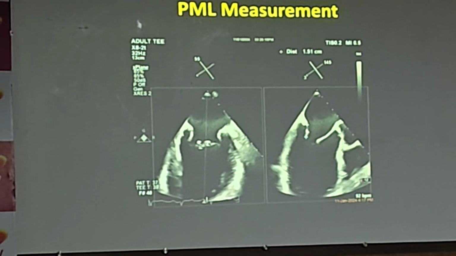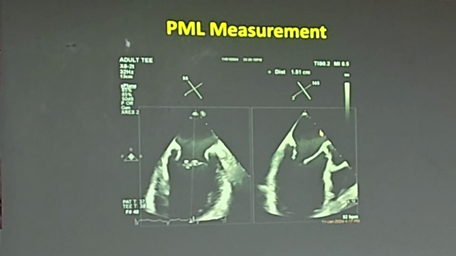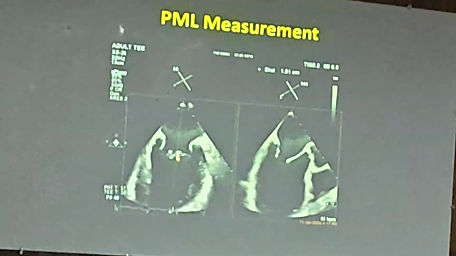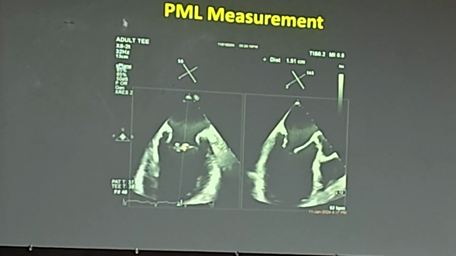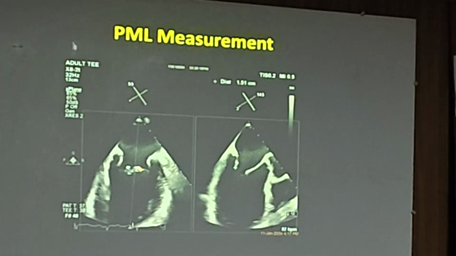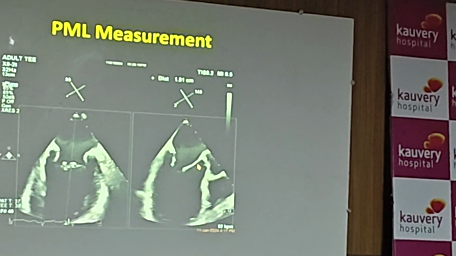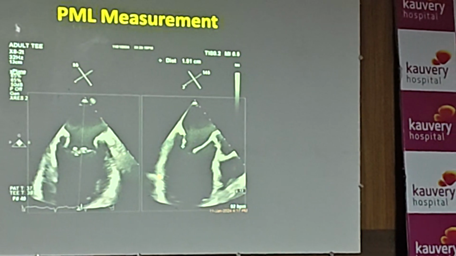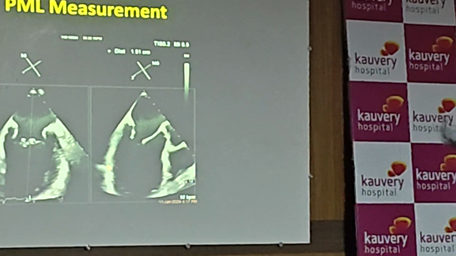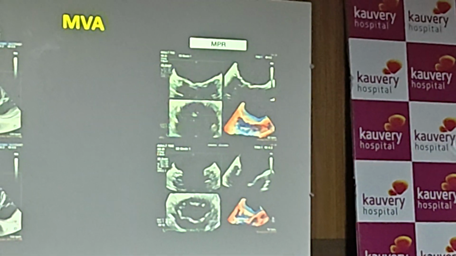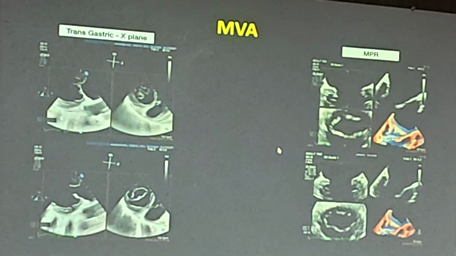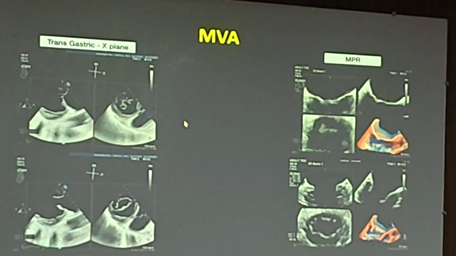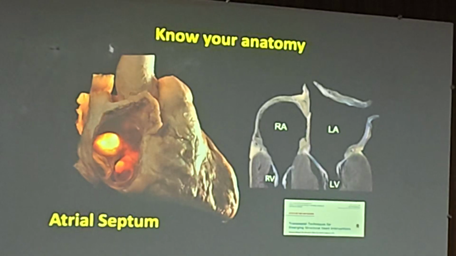And how to measure PML length. This is the classic way, the ideal way to do it. So always use the biplane or the X-plane wherever you want to cut it. For example, if it is an A2P2 problem here and you want to look at the length in this particular segment, you cut it here and then you look at the opposite image and then you make the measurements here. So that tells you what is the length which you are looking at. The usual length of 7 millimeters minimum is required. And for TEE, you have to use the MPR, and again looking at the mitral valve area, same thing which is there for the TTE also.